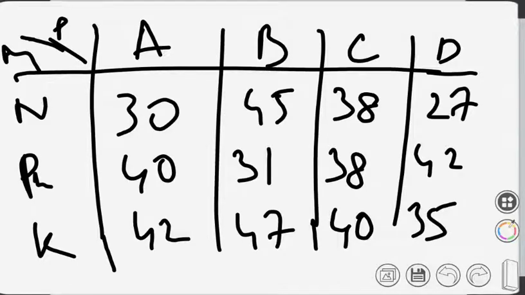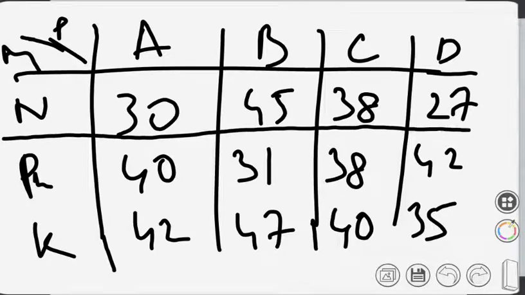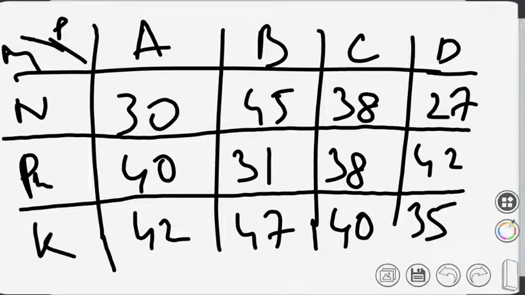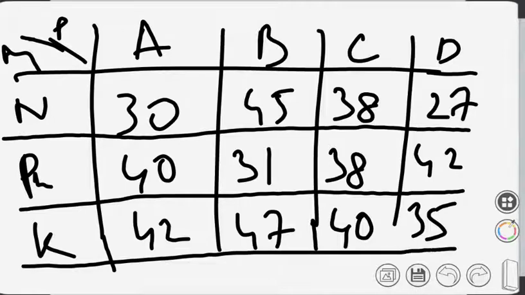So this was the data for different plots A, B, C, D, and different manures N, P, and K. These are the yields generated in different plots. In ABCD plot, if we are using the nitrogen manure, then this is the yield. When we are using the phosphate manure, then this is the yield, and when we are using potash manure, this is the yield. And as you can see, there is difference due to the manure as well as due to the plots.